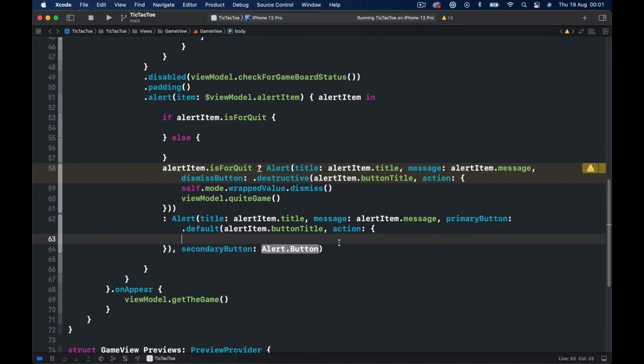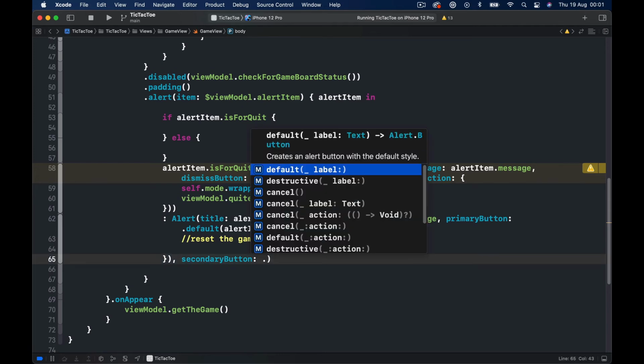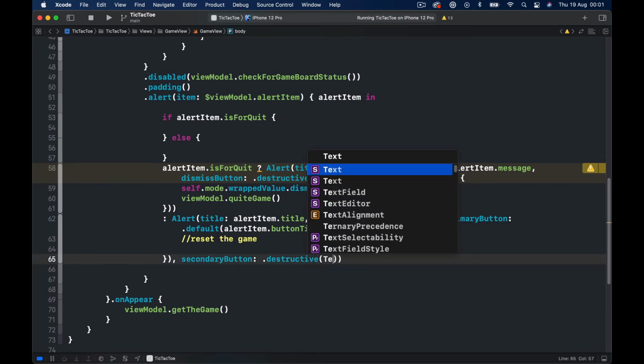So whenever our user clicks on this, it will be a rematch. So we want to rematch. What we need to do is reset the game. All right, this function is not available yet. And the secondary button will be the quit. So I will put dot destructive, this one. The label is going to be text